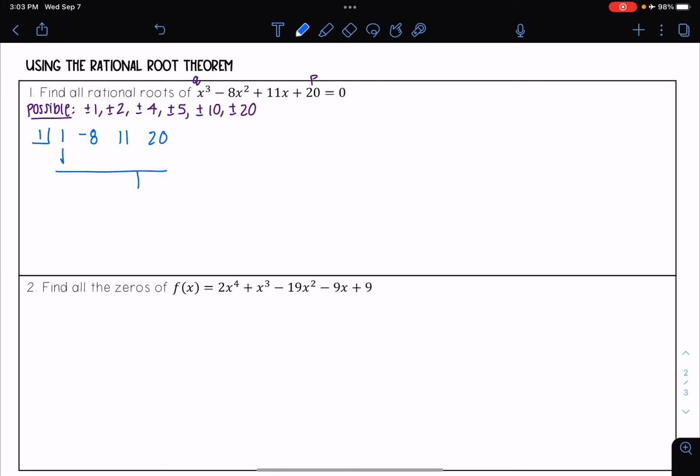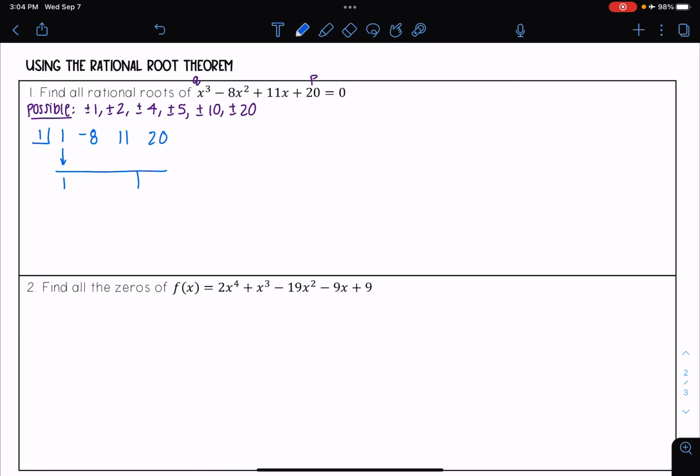So remember with synthetic division, I bring down the 1. 1 times 1, I get 1. Negative 8 plus 1, I get negative 7. 1 times negative 7 is negative 7. 11 minus 7, I get 4. 1 times 4 is 4. 20 plus 4 is 24. Here, I didn't get a remainder of 0, so that means that 1 is not a factor. So now I'm going to try